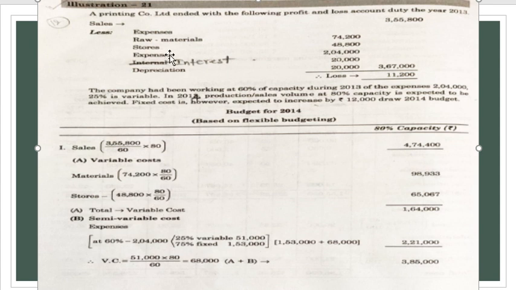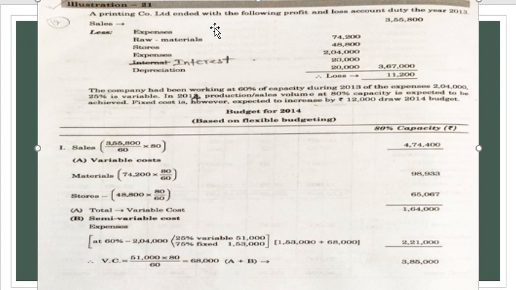Now variable expenses are raw material and stores. Raw material is 74,200 for 60%. So we need to find out for 80%. So 74,200 into 80 divided by 60. That is nothing but the cross multiplication we have done. So it is